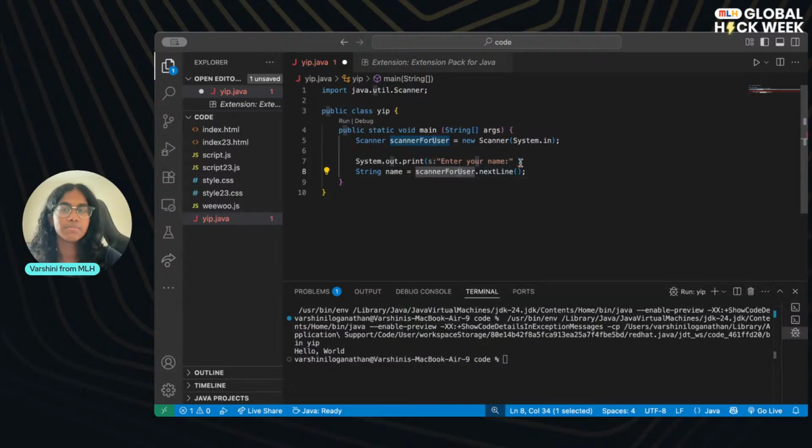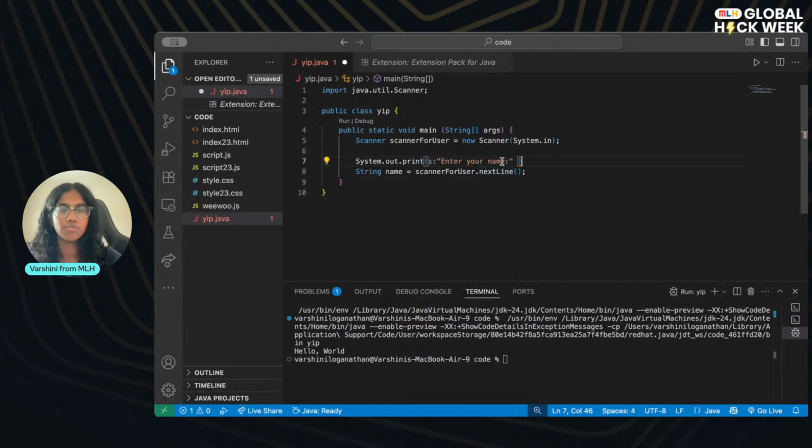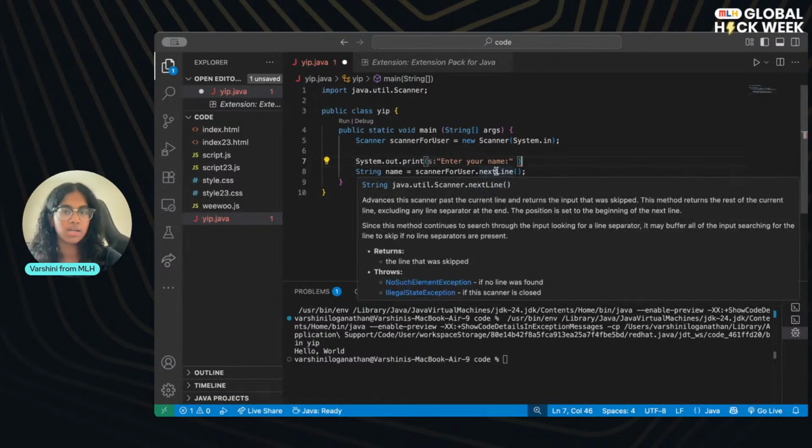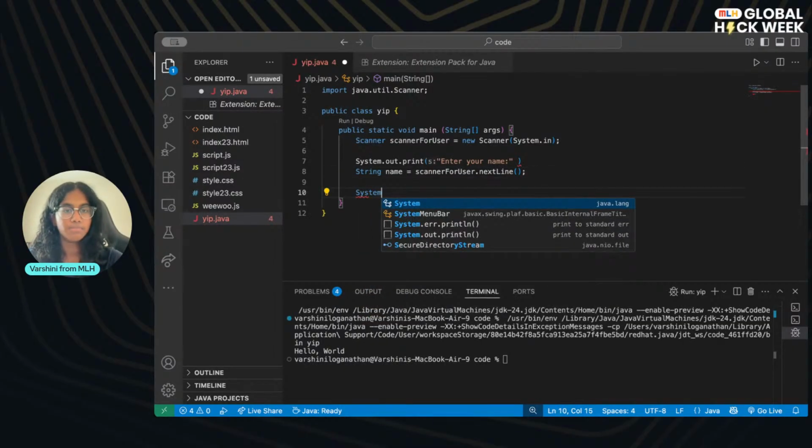And also, if something isn't explained clearly, not from this stream, but just in general, if you're trying to use a method and you're not sure what it means, if you just hover over it, it'll tell you what that method means. So feel free to do that if something is confusing in the future. So we've done our String name, we've got that going, and now we're going to print it out back to the user.